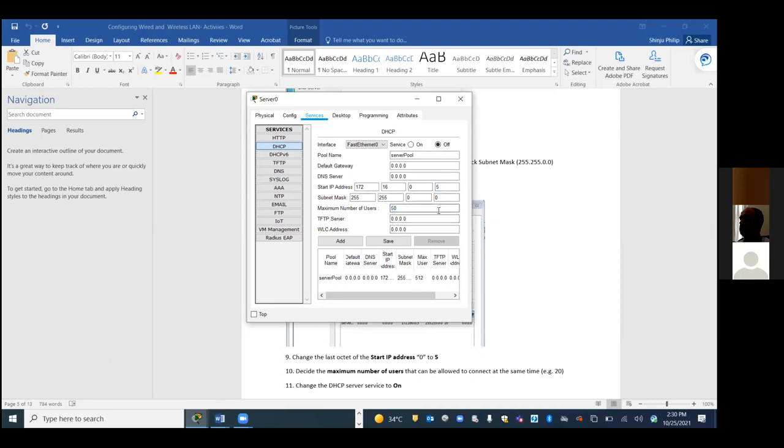Starting IP address will be 172.16.0.5 or 50. You can put 500 also. That's right. Correct? Because let's make it simple. Let's make it 50. And save it. So what happened now? Okay, correct?